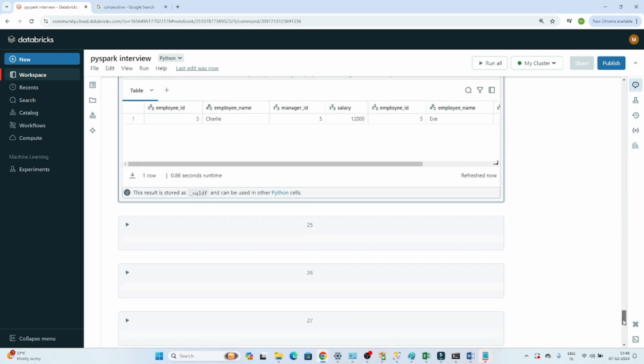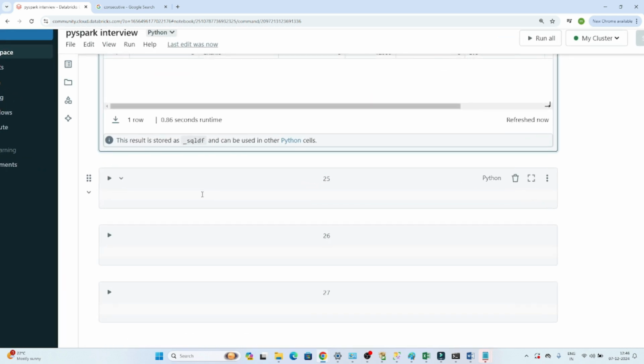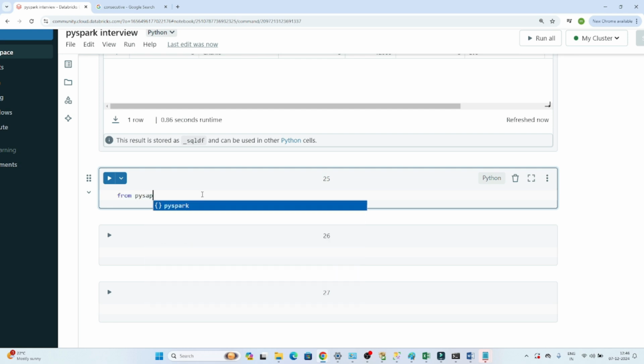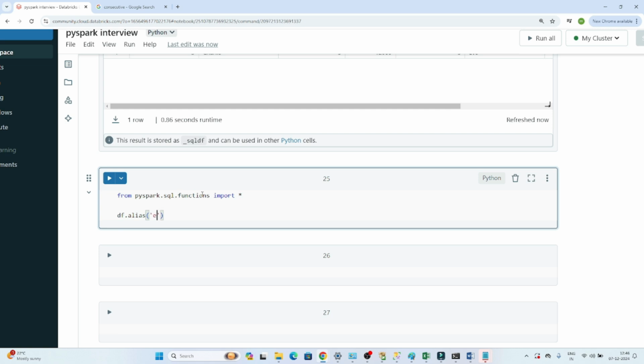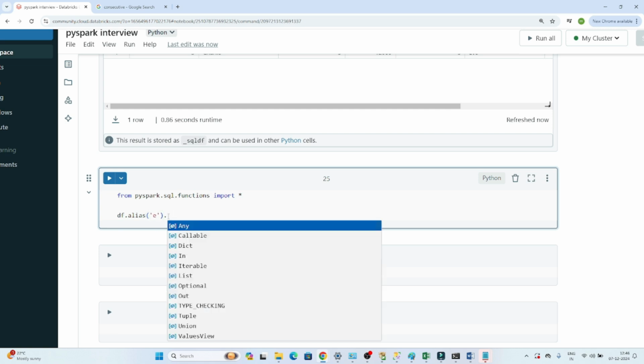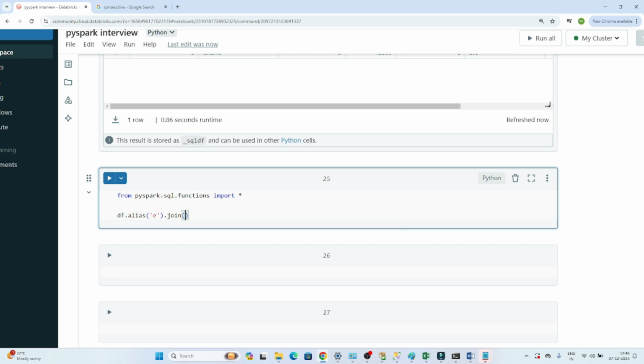Now let's try to solve it using PySpark. First we'll import a few libraries from pyspark dot sql dot functions, import star, all the library. Then df dot alias e, performing the same operation. I'm using e for the employee, joining with df dot alias m. Based on which column will we join? We'll use col e dot manager id equal to